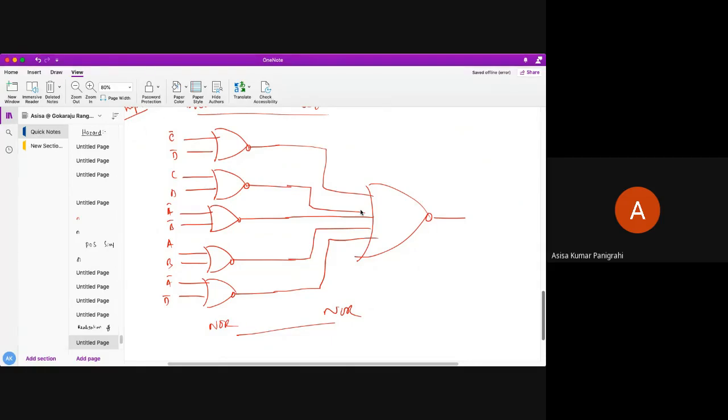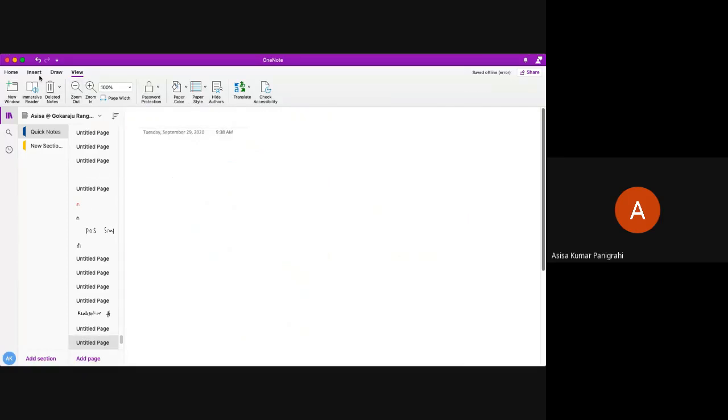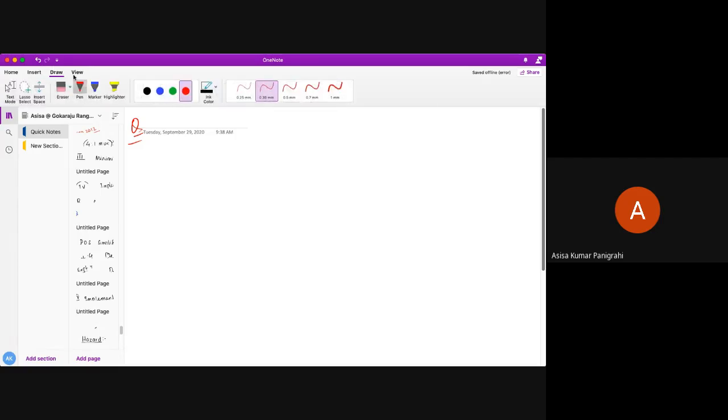So one very important and sure shot question I will ask in the midterm for 5 marks. This is exactly the question I will ask, but I will modify it a little bit. So see here, this is the 5 mark question. If you don't understand, ask me multiple times, I will help you. But this question is very important, I am telling you. So you need to understand this question well.